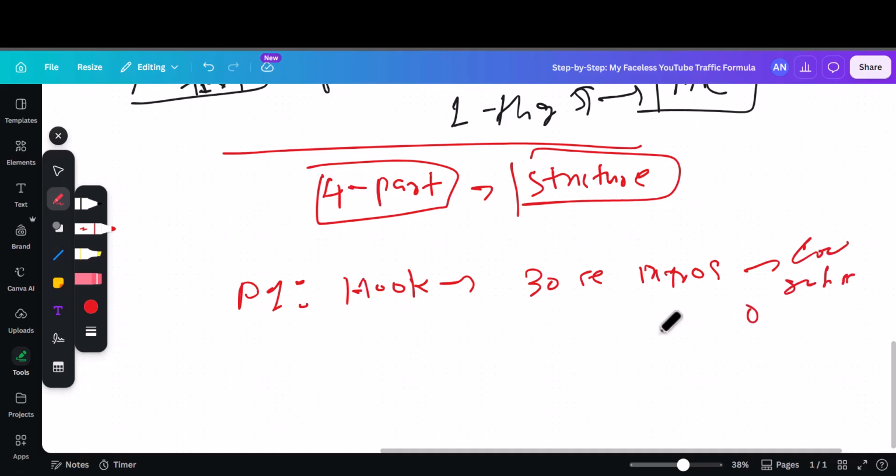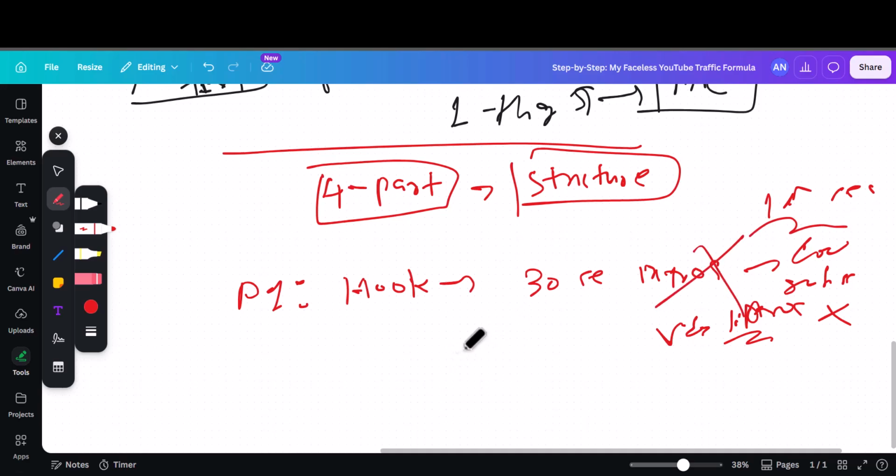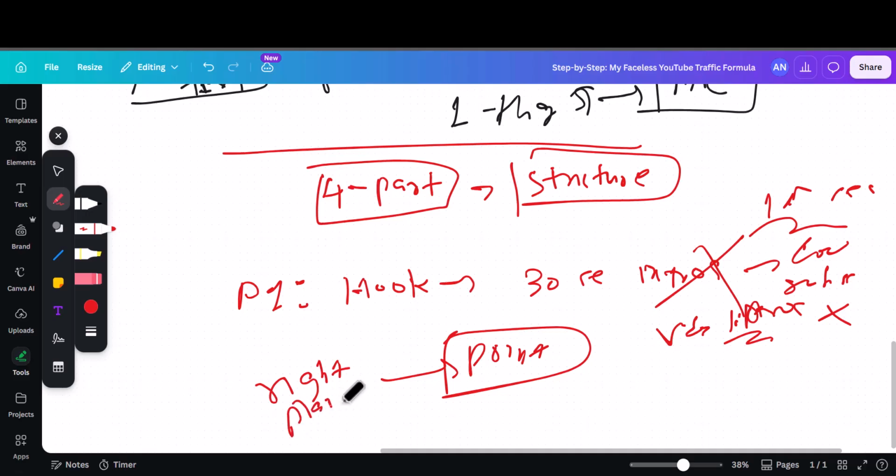Don't have any video intros like those logo animations. People are sick of that right now. They will just close that video if there's like a 15-second logo intro there. Just don't do that. Skip to the point. Jump to the point. Go straight to the main meat of the video, the main point. So you need to start the video by confirming to the people that they are in the right place and you have the answer they are looking for.